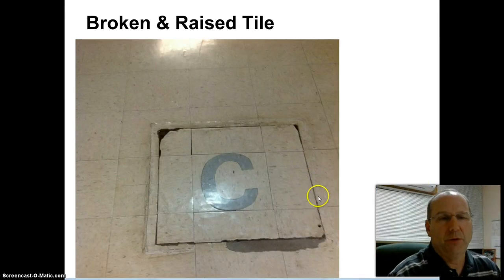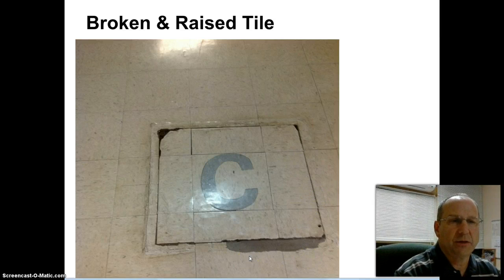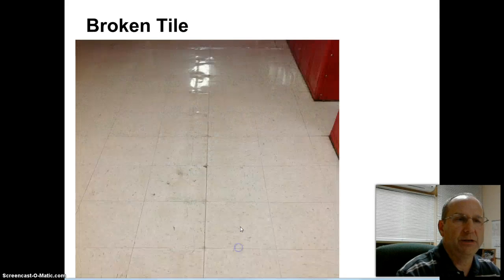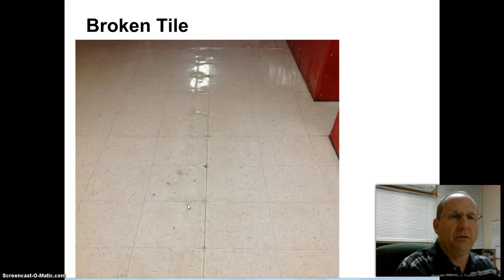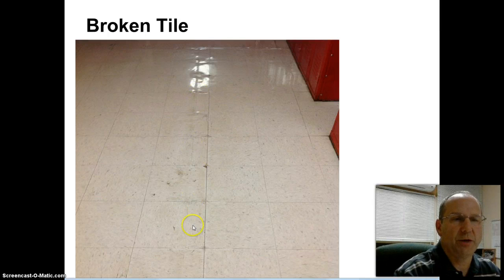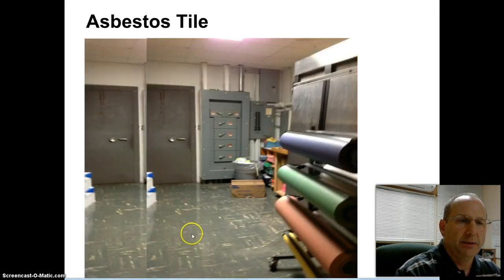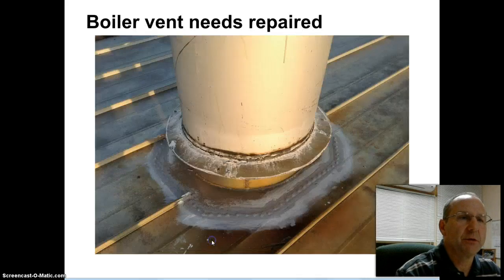Another problem that I thought we could have gotten some kind of an estimate on that needs fixed is the tile in our school. We've had some kind of a water problem underneath the main hallways where the tile has broken and raised. You can see down the middle of this hallway the tiles bubbled up from a water line or something underneath the floor that needs fixed. This is a workroom. This is old asbestos tile. One of the classrooms also has this old asbestos tile that should be fixed.